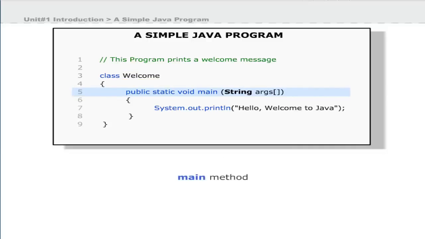Line 5 begins with the main method. Every Java application automatically starts execution from the main method. A Java application must contain a main method, but an applet does not require a main method. Methods perform a specific task and may return a value. Method names are preceded by